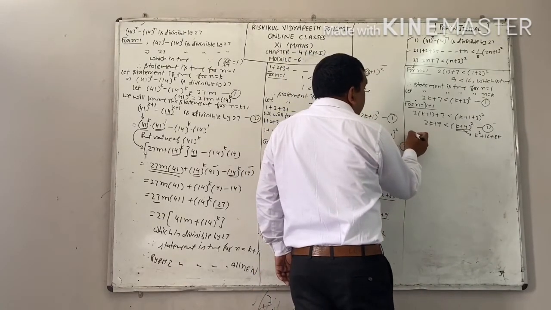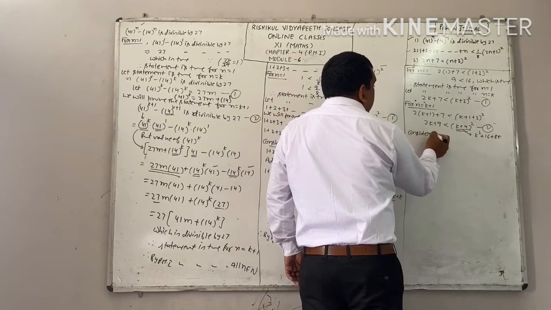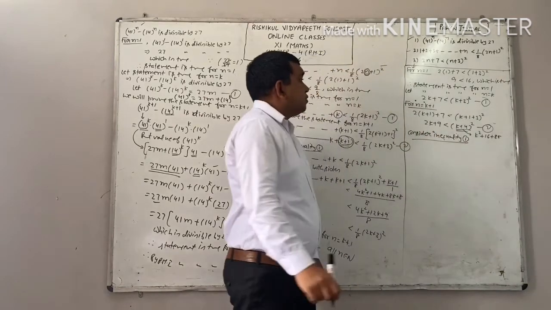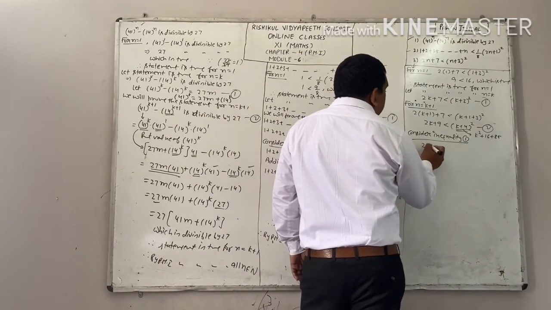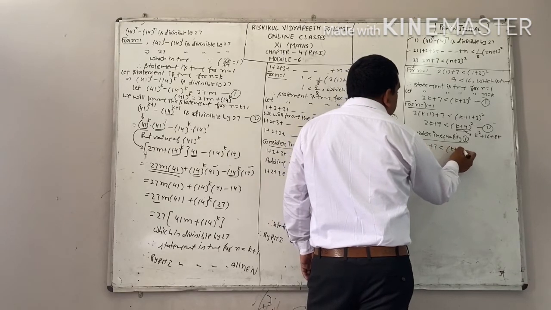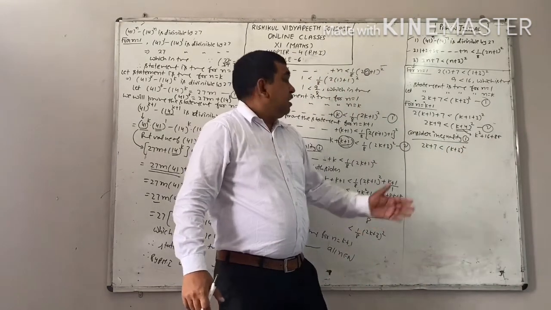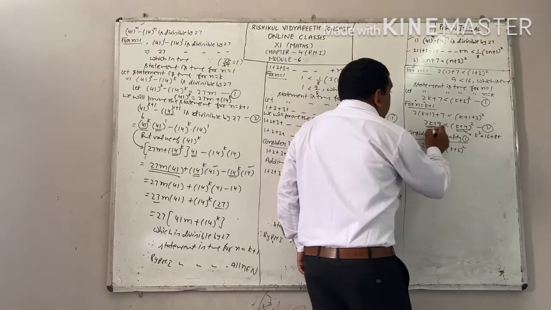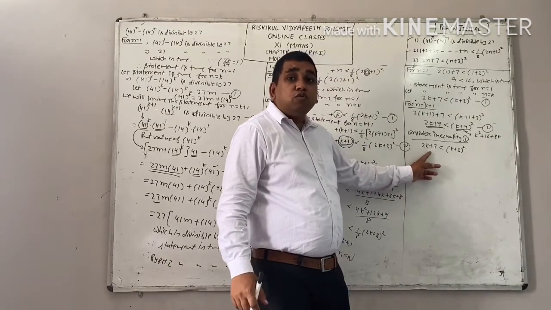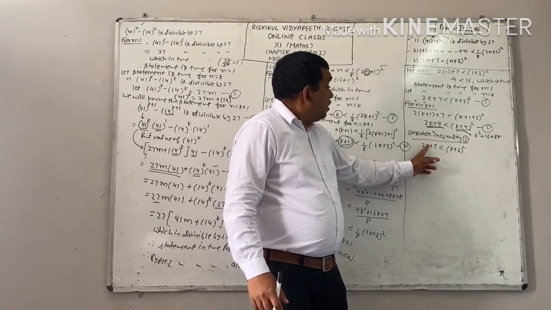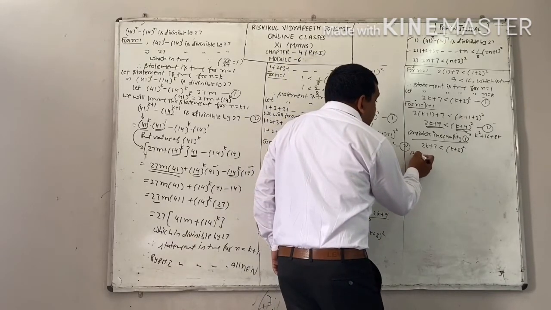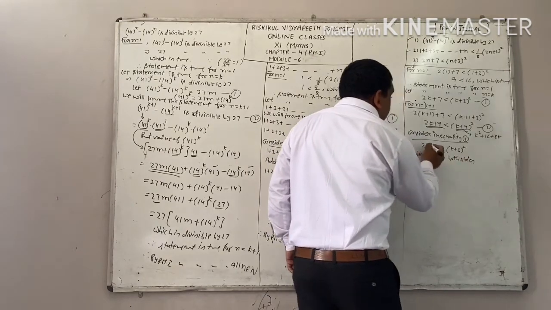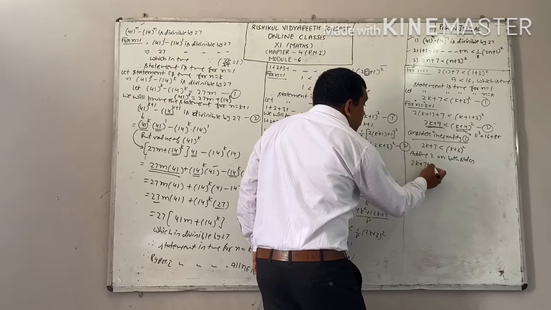Method is same. Consider inequality 1. By considering inequality 1, we will prove second. Inequality 1 says 2k plus 7 less than k plus 3 whole square. Now we will proceed according to the term which we require. I require 2k plus 9 on the left hand side, but I am having only 2k plus 7. That's why you have to add 2 on both sides. When you add 2 on both sides, you will get 2k plus 7 plus 2. This will become 2k plus 9.